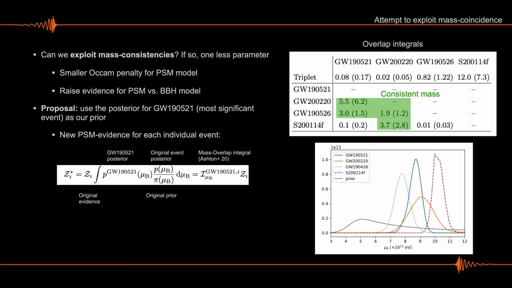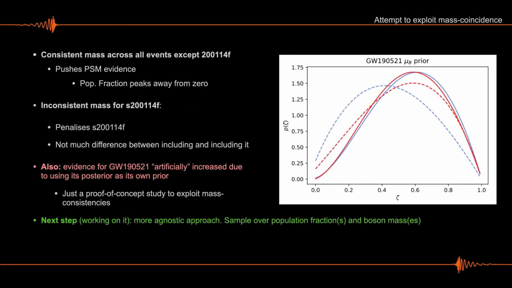And you can see that it's basically favored for all of the event couples, except when you fold in S200114, because it has this mass that is just away, essentially, from 190521. So if you fold this into the analysis and you say, okay, now my prior for the true mass of these things is going to be that of the most relevant event here, which is 190521, the loudest, then your posteriors actually shift. So the most conservative of them is that in which you again remove the weird event, and you're left with the other 3. And now you see that you get a peak at around 0.4.